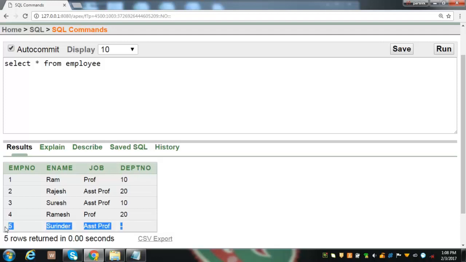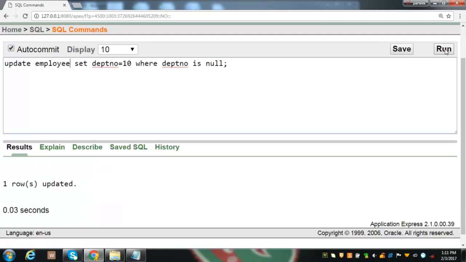In this case, if department closes, then corresponding employee of that department will not be fired, but their corresponding department will be set to null, and later on he can be shifted to other department. Their new department number can be updated with update statement as shown here. Here all those employees whose department has been closed is shifted to department number 10. We have demonstrated the implementation of various on delete options of foreign key constraint.